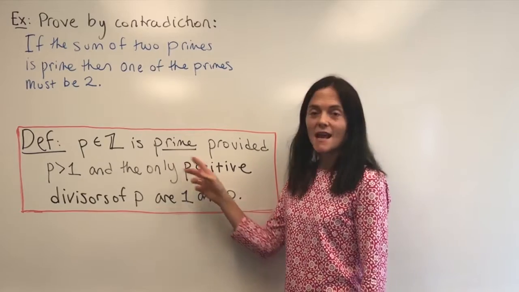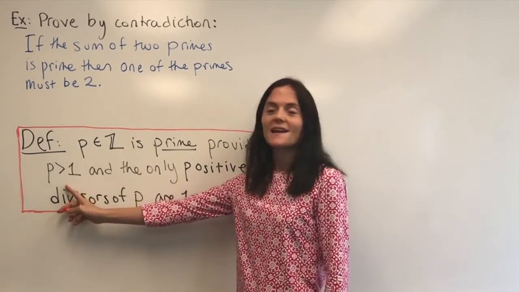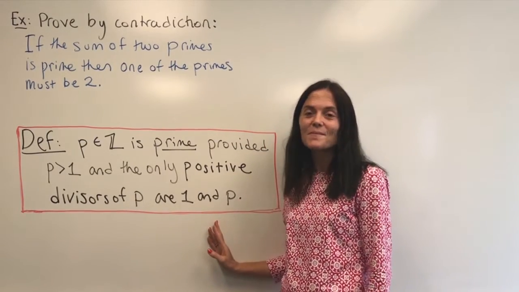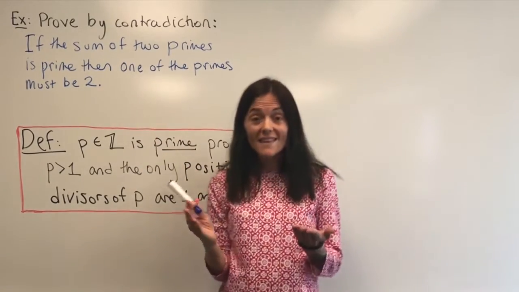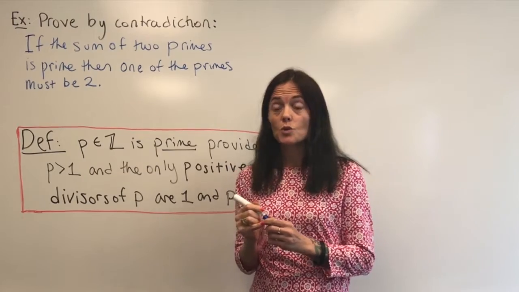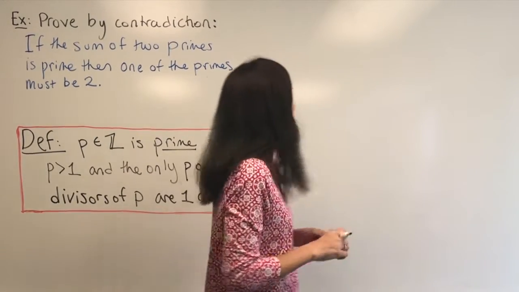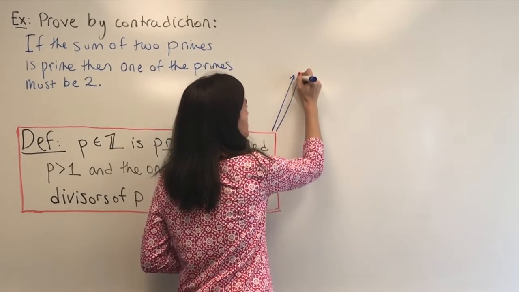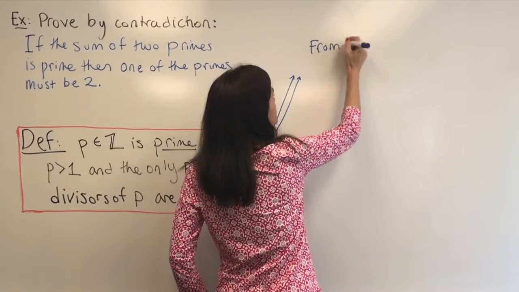So the definition, as we recall: P is prime, an integer, provided it's bigger than 1 and the only divisors of P are 1 and P. In particular, 2 is a prime number, but one thing that follows from this definition is that 2 is the only even prime number. Okay, so one thing that follows from the definition,